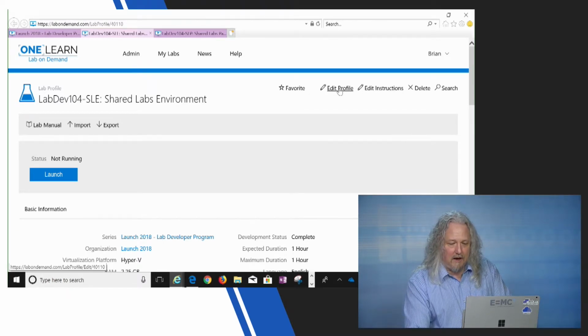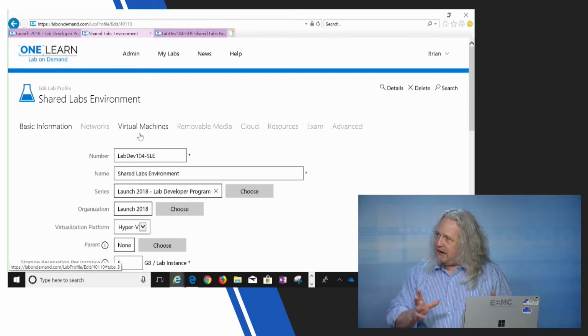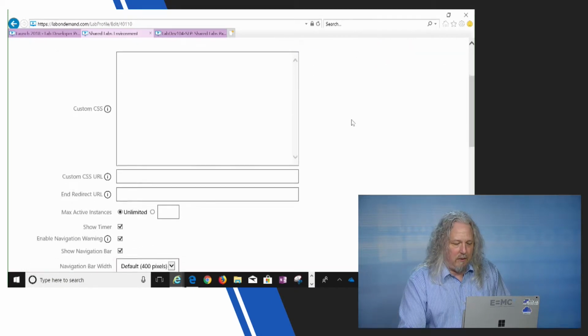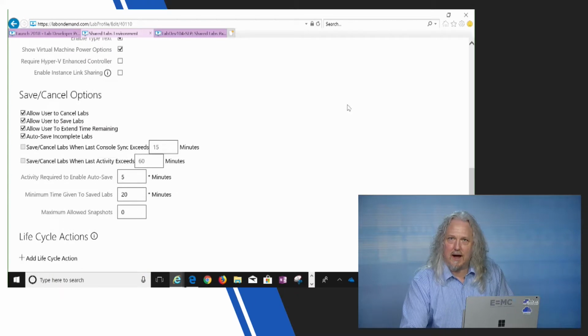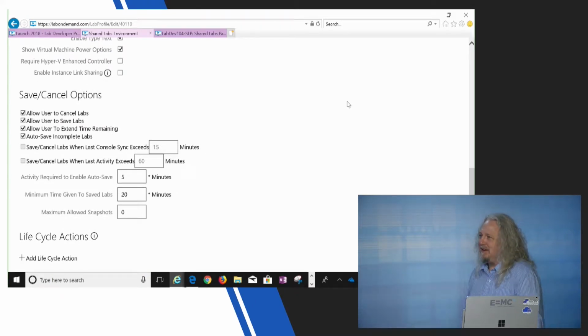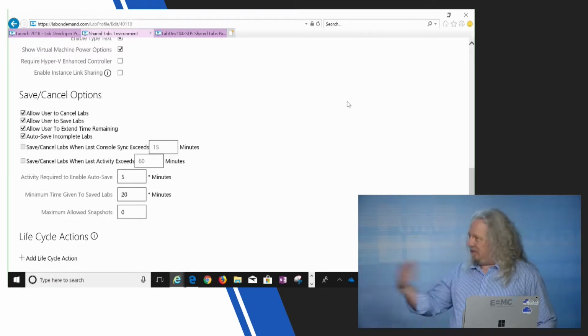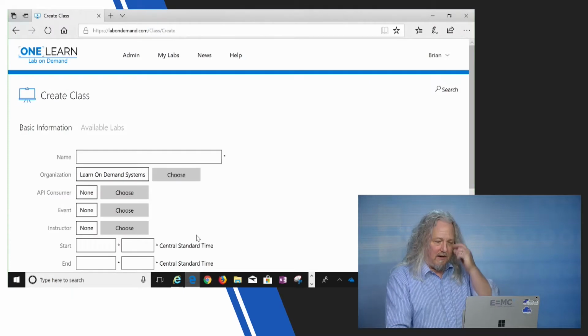So let me go back in and edit my profile. You don't have to do anything special to the lab except for two things. You go over to the Advanced tab, and if you have the appropriate permissions... Oh, wait. I don't have the appropriate permissions. I wonder why that is. Well, actually, I did this on purpose because Brian Developer, the account that I'm using, doesn't actually have that. So I've got another